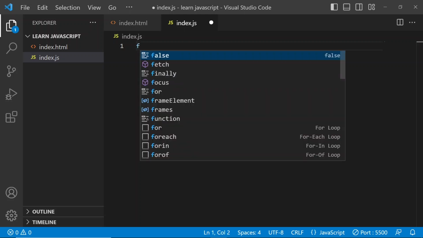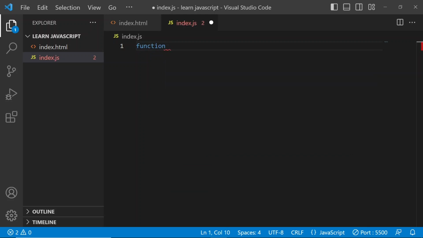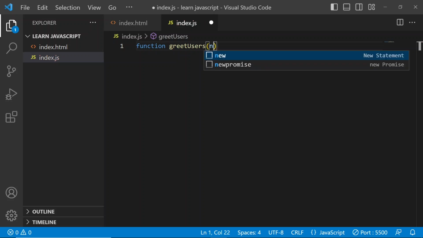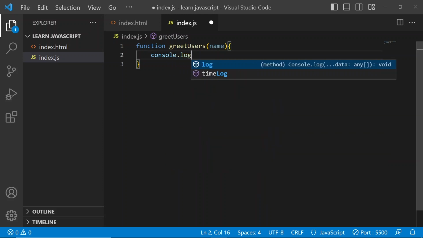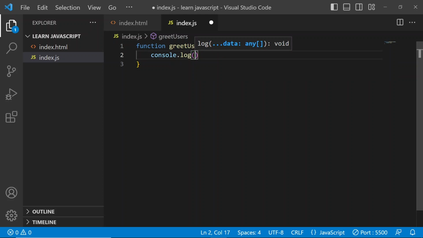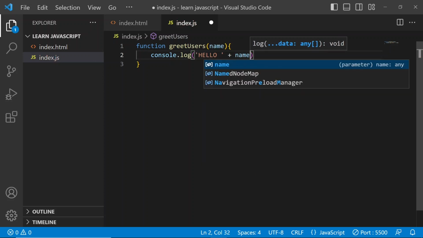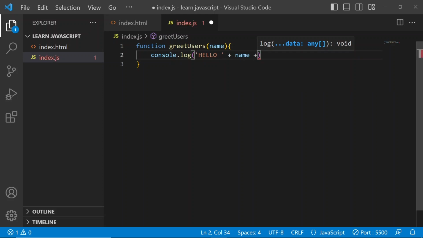Let us call our function. Let us call it greet users and pass in a parameter name. Console.log hello plus name plus